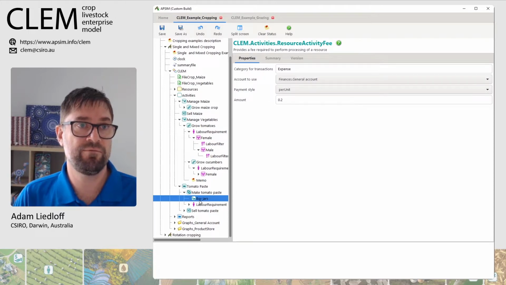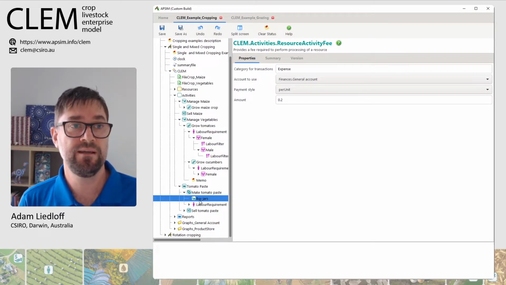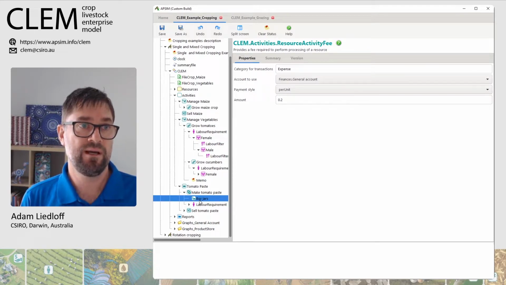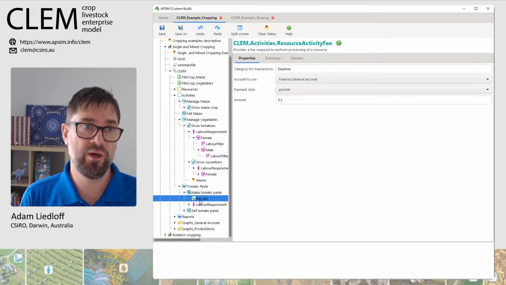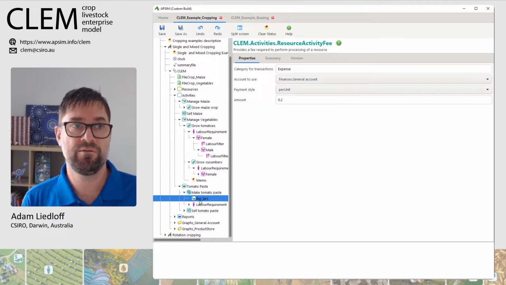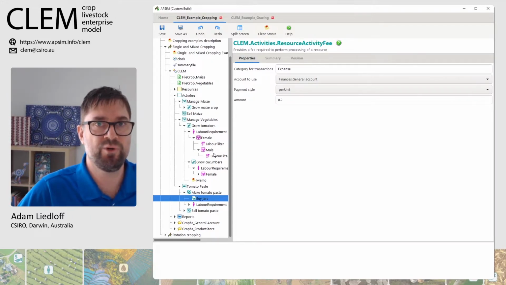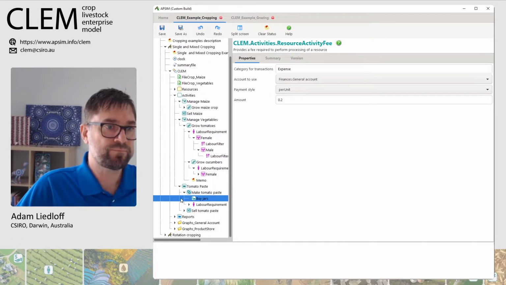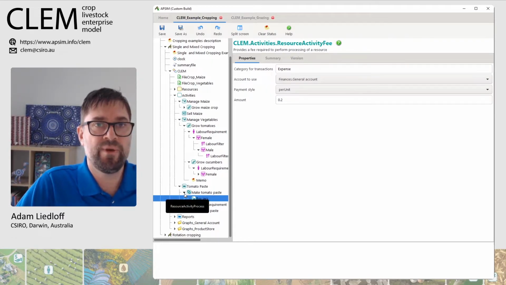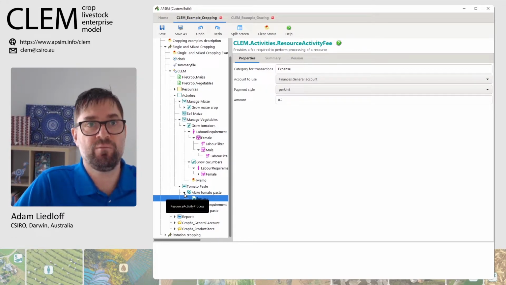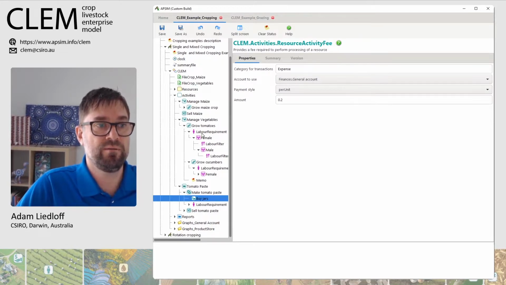We also have what's called a resource activity fee. So this is an expense needed to perform this activity. In this, we need 20 cents per kilogram of tomatoes processed that goes towards buying jars to put our tomato paste in. And so basically, as tomatoes become available in the system every month,